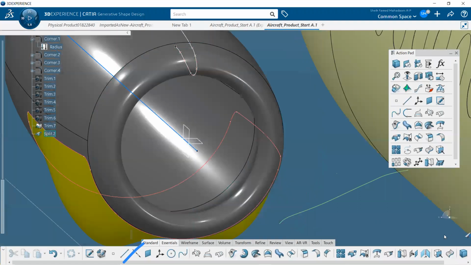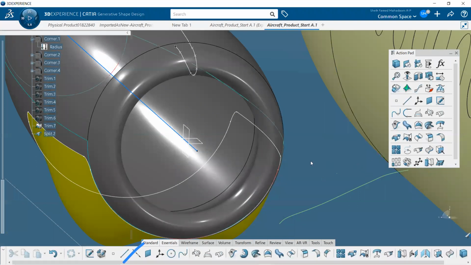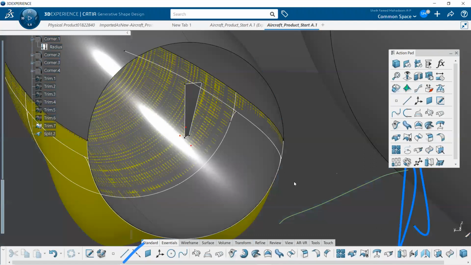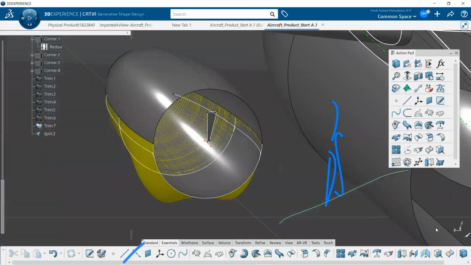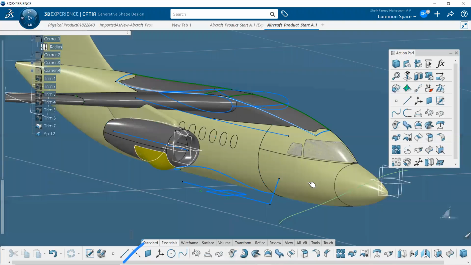So there are two sides in 3D experience. One is the shown side, another is the hidden side. Whatever you hide is visible over here, and whatever you show will be on the other side.